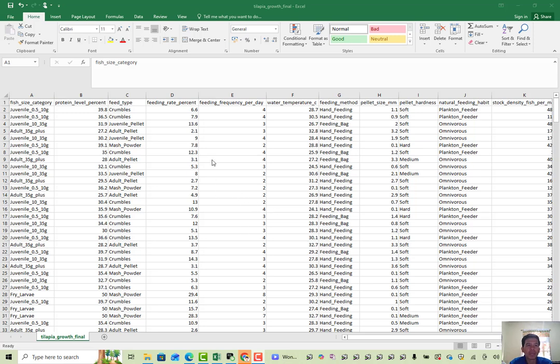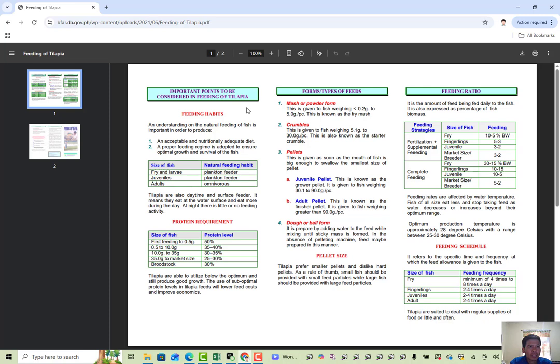So basically, I made a dataset about the tilapia growth farming data. I built a dataset that combines the official rules of tilapia farming, actual data, and the real experiences of people who work on the ponds. First, I learned some methods from this feeding guide from the College of Fisheries provided by a colleague.